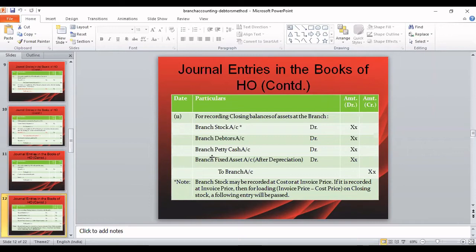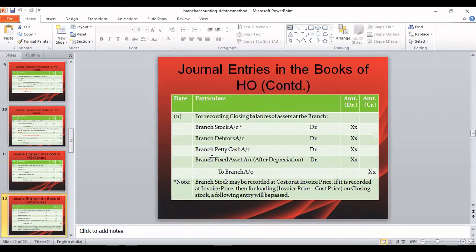See, let's take an example: your opening balance of furniture is 1000 rupees and the closing balance is 900 rupees. The moment you record 1000 on the debit side and 900 on the credit side, the difference is directly adjusted. Yes or no? So there is no need to pass a separate entry for depreciation. Will you remember this, everyone?